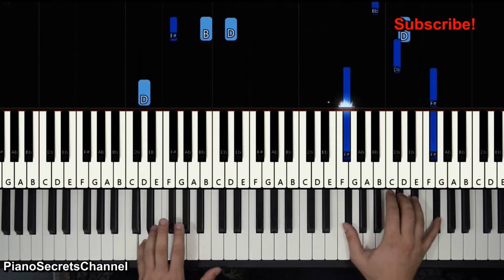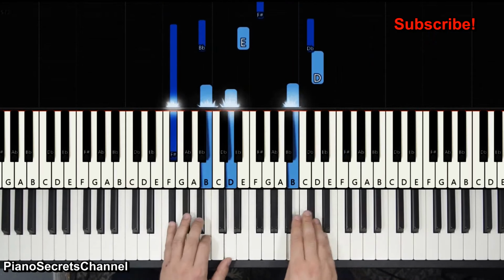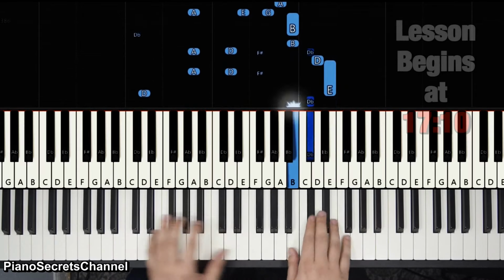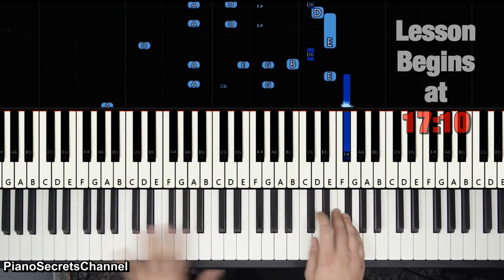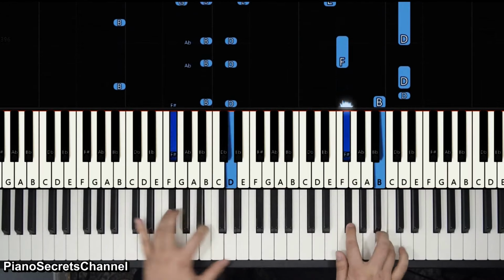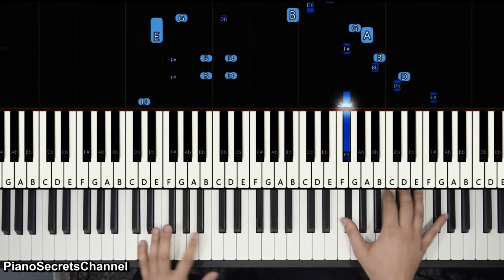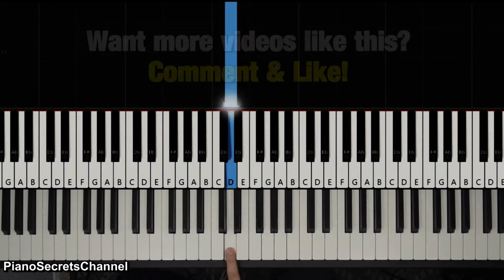Now we punch right off here. Every other note, match it, diminuendo, and we have a short note. Okay, let's continue now, and we're gonna